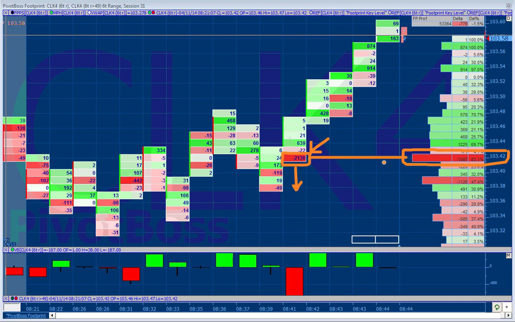103.42 is where that traded. 63% of the contracts that came in at that price were sell side. There was overall for the day a 1,987 contract sell imbalance. On this price, on this bar, there was a 2,130 contract sell imbalance, and price goes up. That is all you need to know to buy this thing and get it going higher. Buy it right there. That's your most sure signal that you'll see.